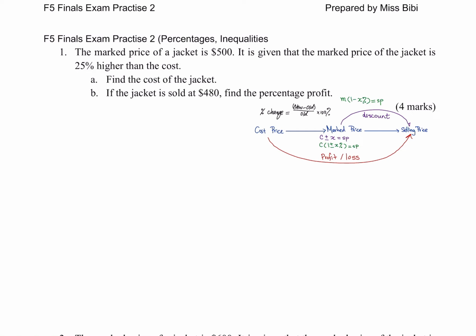So first of all, your market, wait, because here I was using M, S, P, and C, right? If you're gonna use these symbols, these M, S, P, and C, let the markers know. How do we let them know? By writing the let thingy. So let cost price be C, market price be